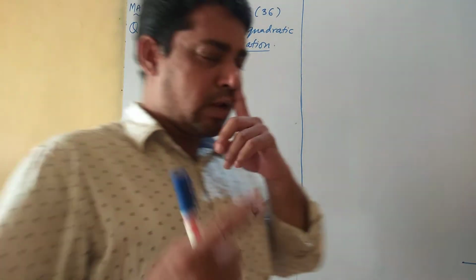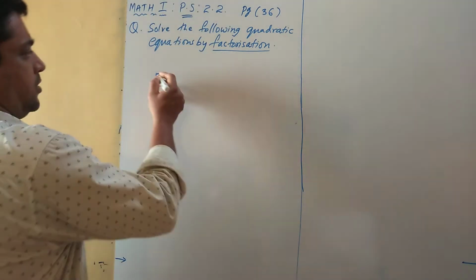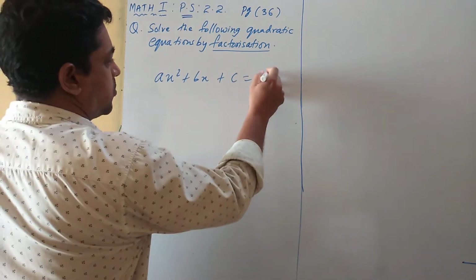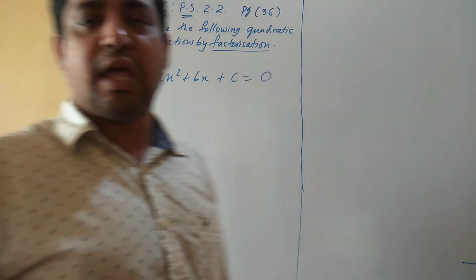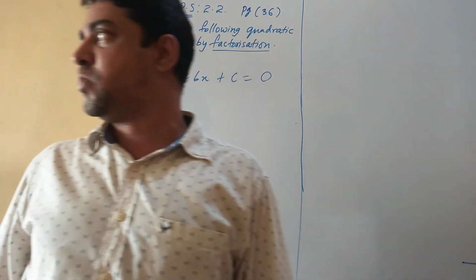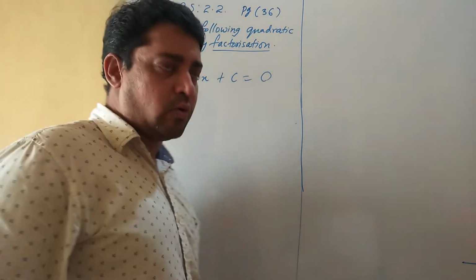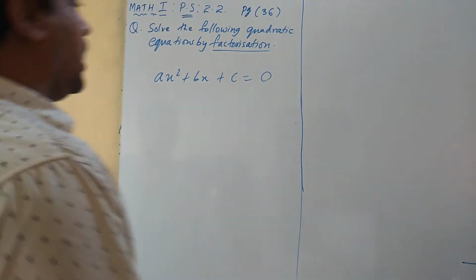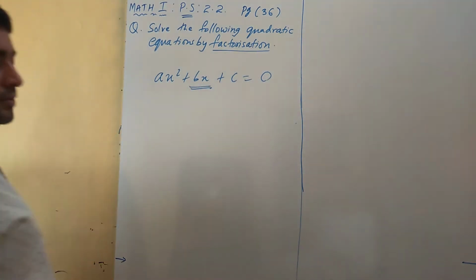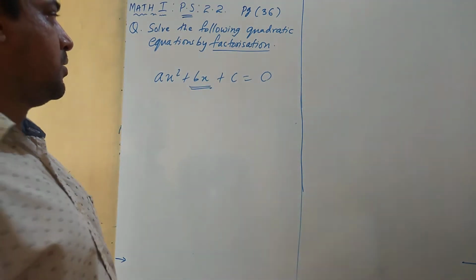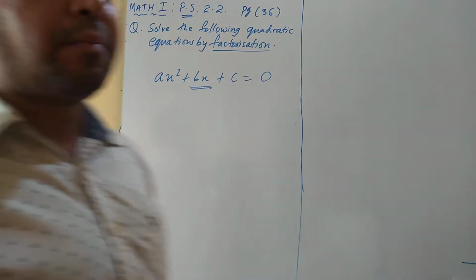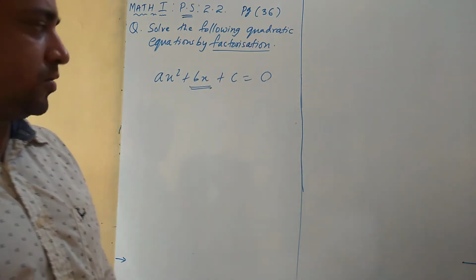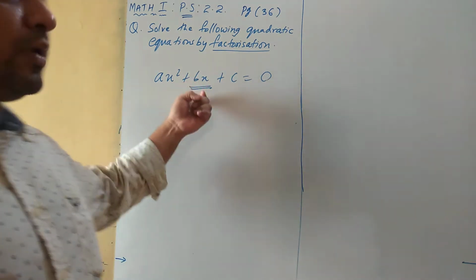For this, I'll go back to the basics, that is the general form of the quadratic equation, which is nothing but ax square plus bx plus c is equal to 0. Here, I'll try to explain what we have to do. The first two steps I'll explain with the help of this standard form. Now here, the middle term is bx. What you will be doing is splitting the middle term. Before you start, you should check whether it's in the standard form or not. Once you have checked that, you can split the middle term.